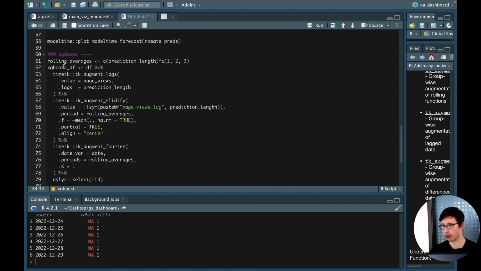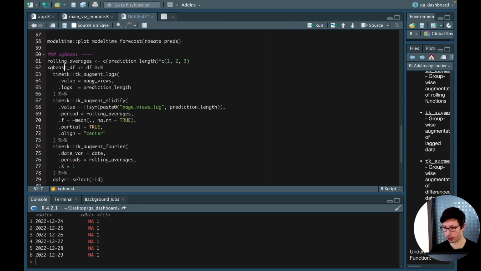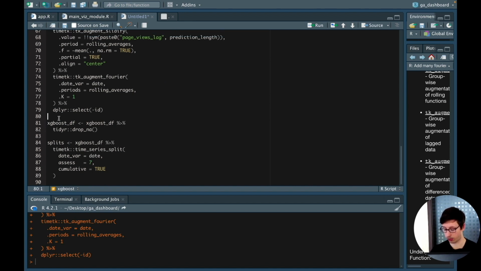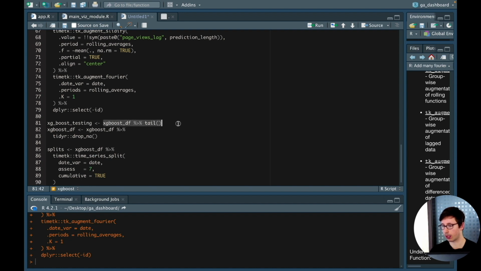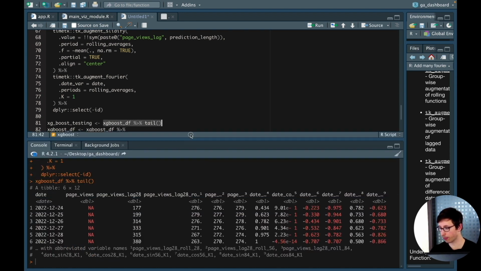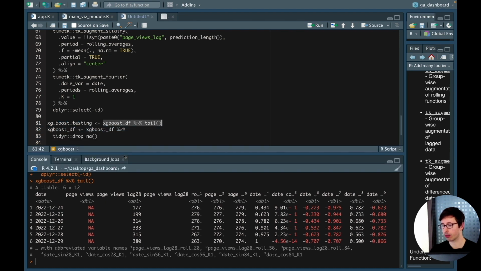No, it should actually be, let's actually run this again, and then I'm going to put the XGBoost testing before this one. So if we look at the last 6 rows of the XGBoost, then we have here all the variables that we've feature engineered. Here we have the lag, and then what